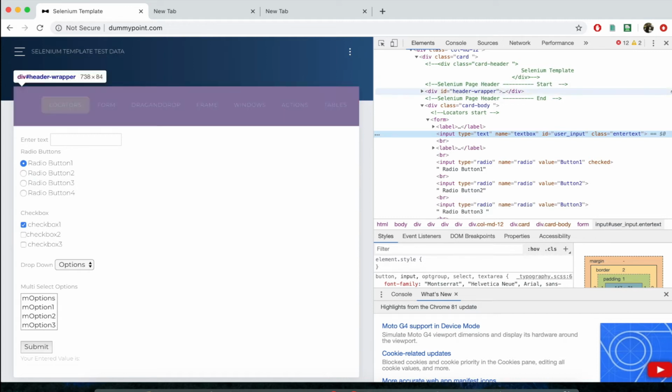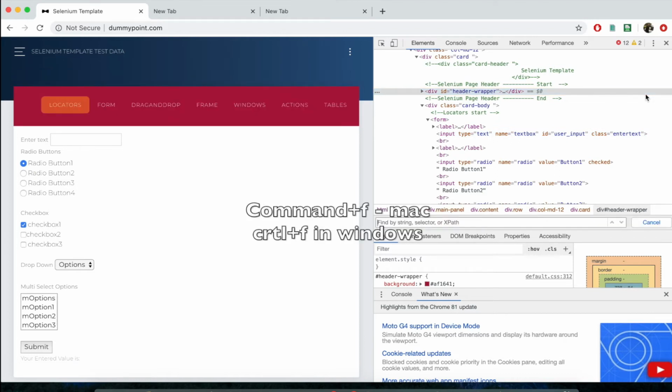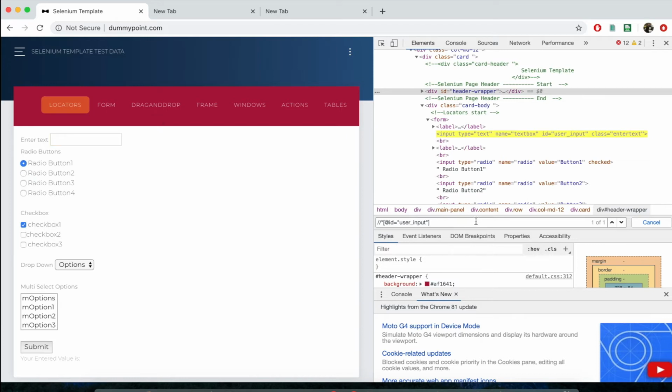If you need to verify whether this copied XPath is correct for that particular web element or not, just click on this elements section and press Command F on Mac or Control F on Windows, and then here you can see the find by string or selector or XPath box displayed. Click the cursor there and paste the data, so that it will be populated to that respective web element. Click on it. See here on the left side you can see the element, it is focusing on the respective thing, and in the elements section it is highlighted in yellow, so that we can verify the copied XPath and whatever we search here as well.